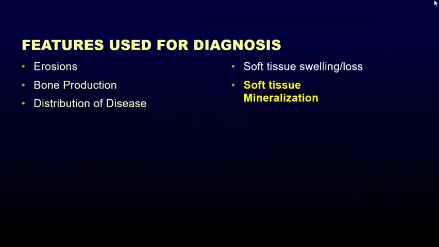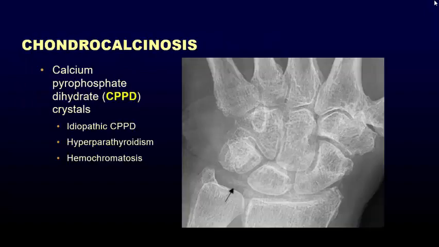Also pay attention to the soft tissues for calcifications, because they may be crucial to figuring out the type of arthropathy you're dealing with. You all have probably seen the spectrum of soft tissue calcifications many times. If you critically look at them, you'll be able to tell most of the time the type of calcification. This is CPPD, often appearing stippled or in linear brush strokes of calcification in cartilage structures and in tendons. Here it's in the TFC disc, as marked with the arrow, but it's also seen in the intercarpal ligaments in